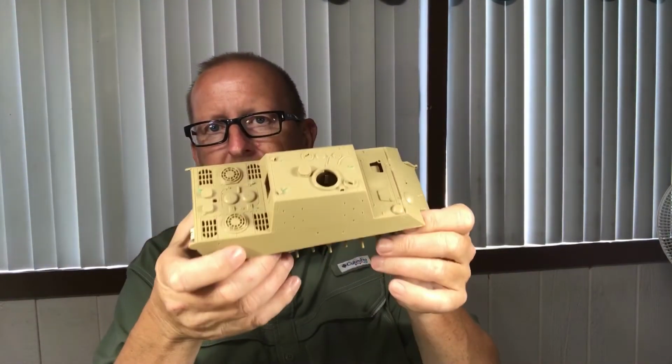And my main intent here is going to be to use it as a test bed for German camouflage, because I haven't done that much of it, especially the ambush schemes and stuff like that. And I may practice that on here, but as you can see, it's mostly done. There's not a whole lot to it. Supposedly it's an inaccurate kit as far as details and dimensions, but again, just using it for practicing painting. I can finish putting it together,